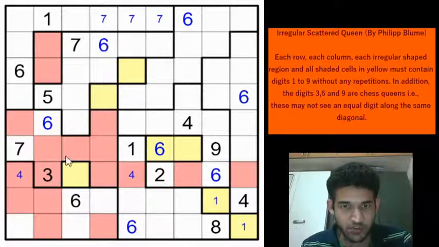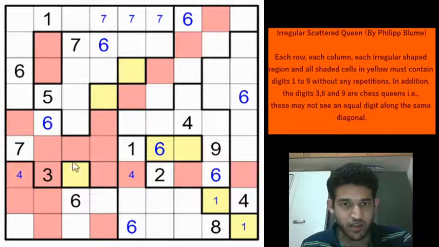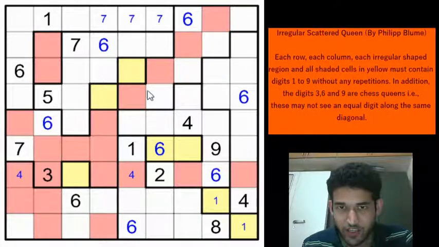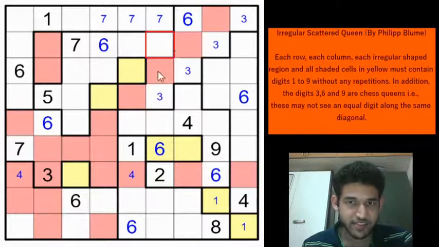And let's go along this diagonal. 3 can't be here, here, here or here, right? Because it is in the diagonal direction. Yeah, there is only 1 3 and we have eliminated all possible locations where the 3 cannot possibly be. Now if you look closely at this almost zigzag shaped region, we have eliminated 4 cells, right? Because of this 3, and that gives us that 3 must be in one of these 4 cells, right? It can't be in these 3 cells.